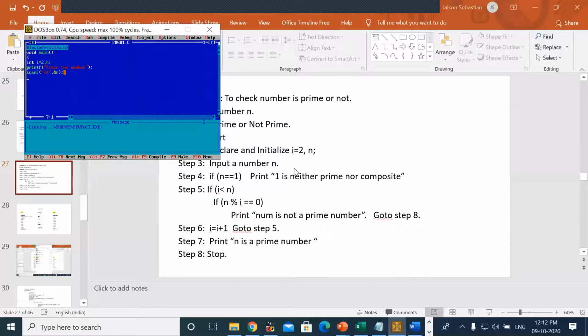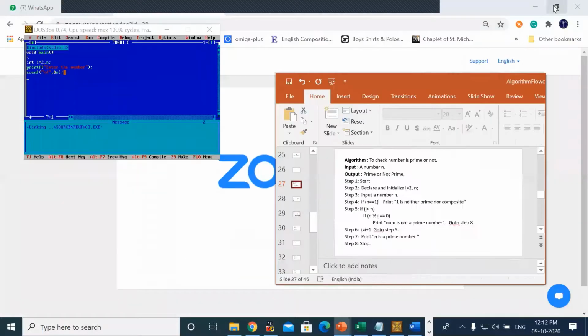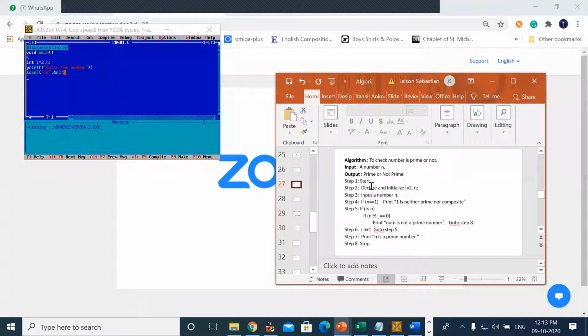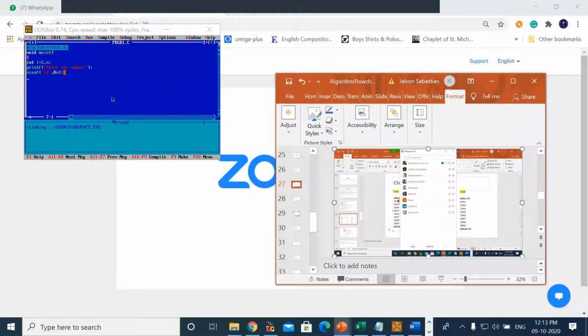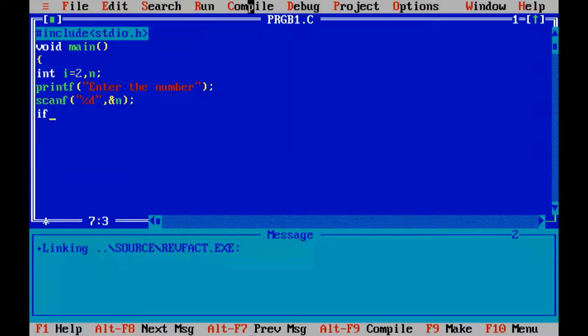We will check the algorithm here. What is the next step? We got declared and initialized, and we got an input. Now we are checking if n equal to 1. That step we have to write, no? So we'll be checking if n is equal to 1; comparison is done using double equal to.